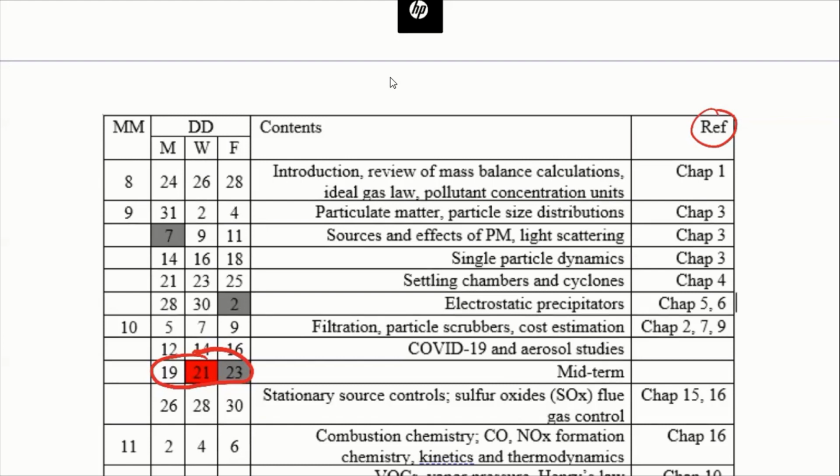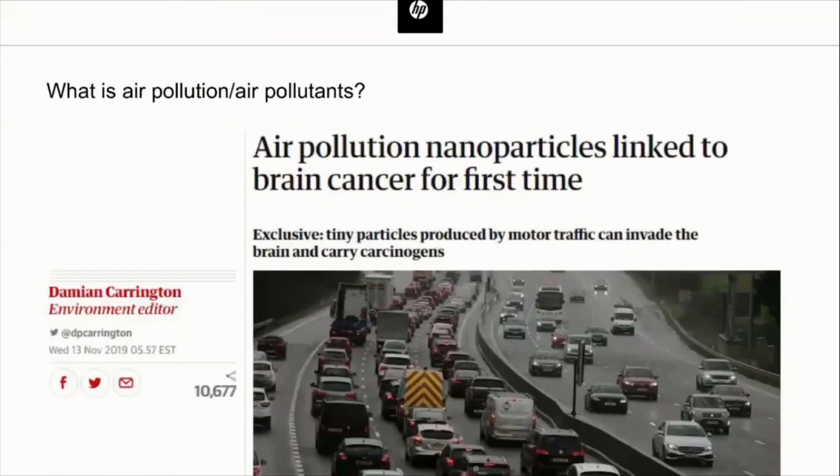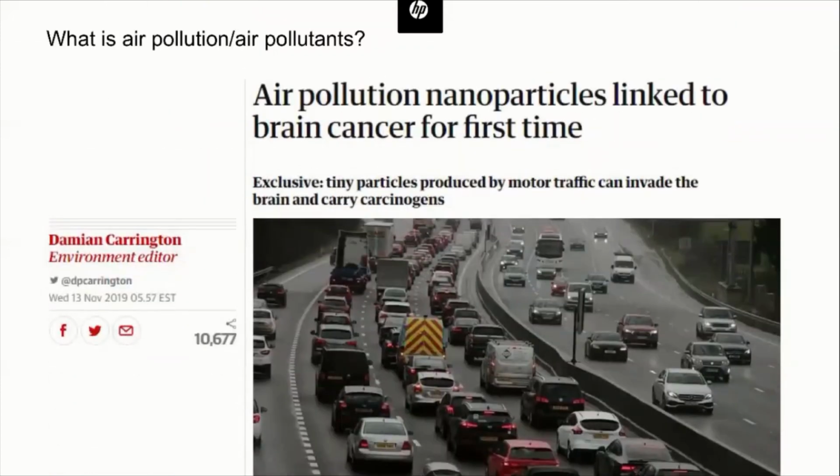All right, yeah, let's continue. Go to the contents of our class, all right? So as you guys know, our class is called Air Pollution Control Methods, right? So what is air pollution? Well, what are air pollutants? Okay, so